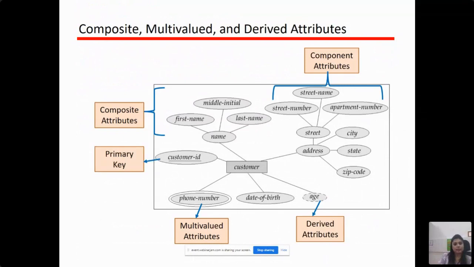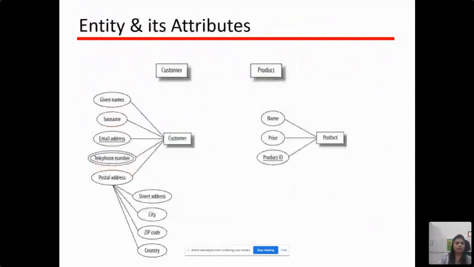And here customer ID is the primary key, which is underlined. I'll explain the definition of primary key. Now we'll see one more example. This is the customer entity and the product entity. For the customer, we have stored attributes like name, surname, email address, telephone number, and postal address. Now we have assumed that the email address would be unique for every customer. So email address is made the primary key. Telephone number is again the multi-valued attribute, and postal address is divided further into street address, city, zip code, and